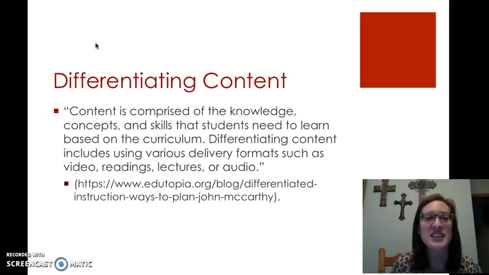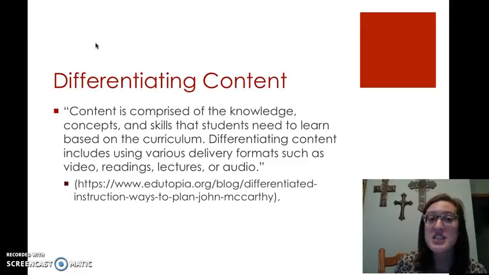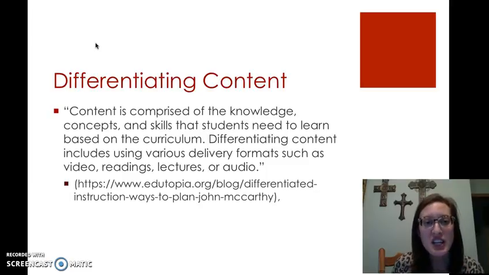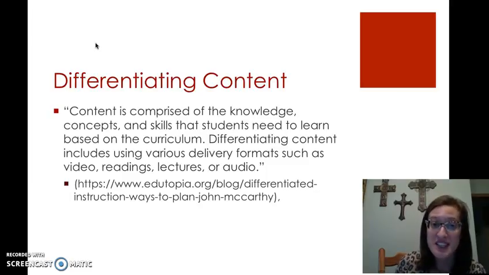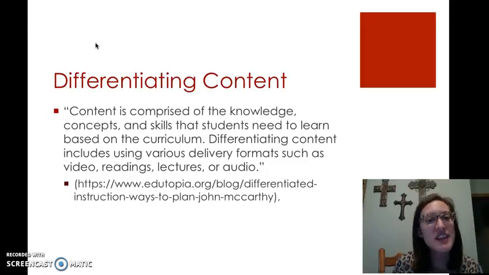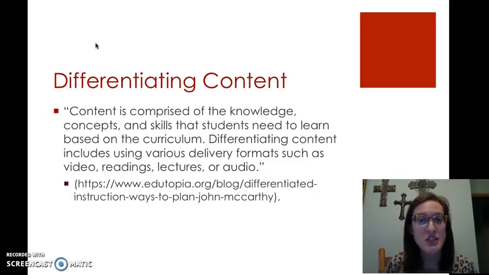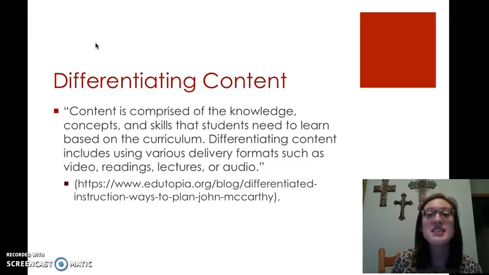Differentiating content. Content is comprised of knowledge, concepts, and skills that students need to learn based on curriculum. Differentiating content includes using various delivery formats such as video, readings, lectures, or audio. I worked in a classroom as a substitute, and the students listened to an audio tape and wrote down information